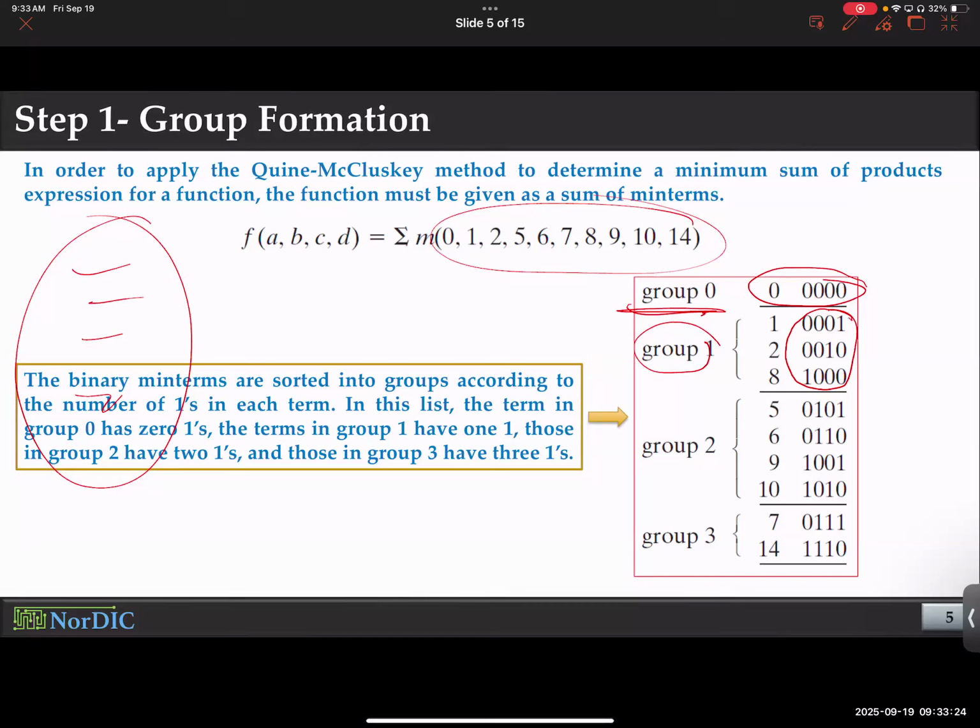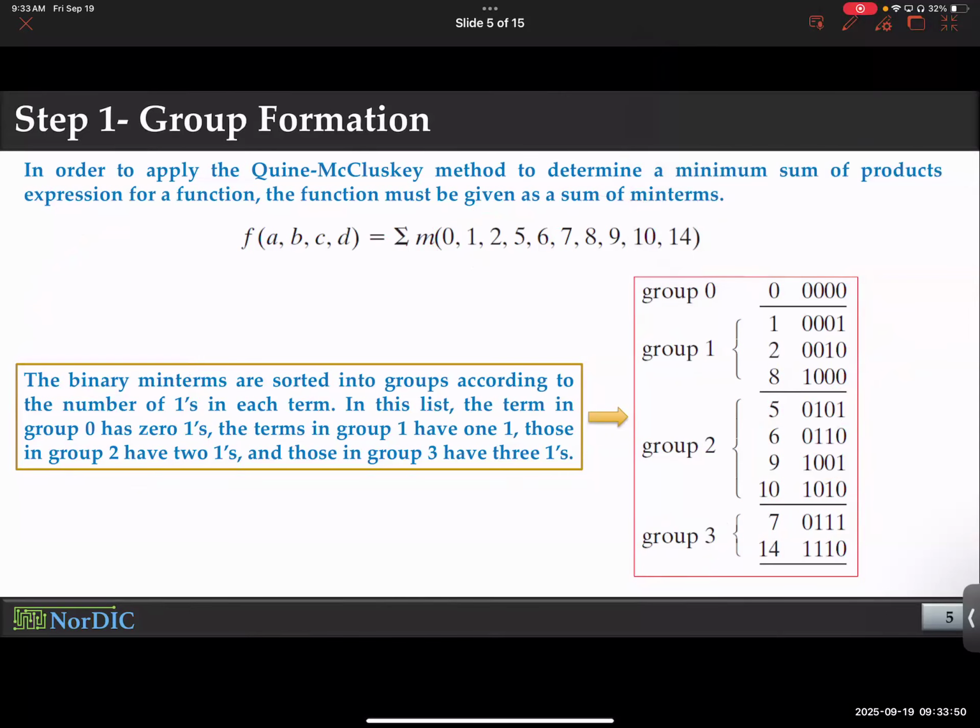There are numbers like 0001, 0010, 1000. The next group will have the numbers that have 2 ones. For example, this is a number that has 2 ones. This is another number that has 2 ones, but in different positions. But at least there are 2 ones. Finally, group 3 will have